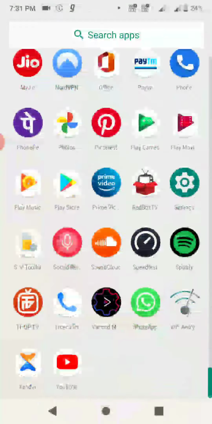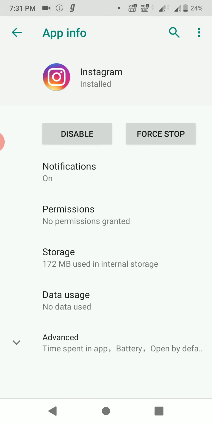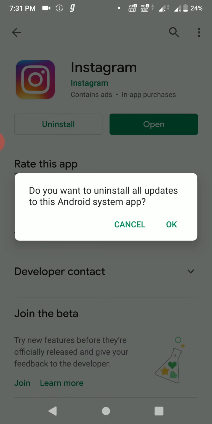So if I try to uninstall the Instagram app here, if we go to Play Store and try to uninstall, see it says, do you want to uninstall all the updates to this Android system? It means my Instagram app is already integrated in my default apps, so I cannot completely remove Instagram, but I can uninstall all the new updates that have been rolled out to Instagram.